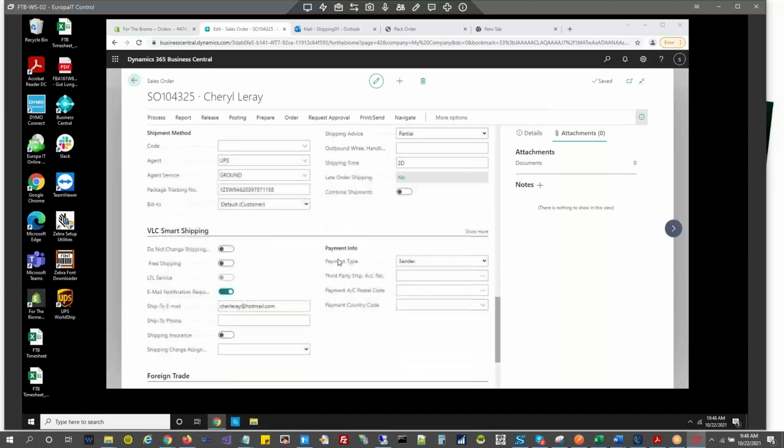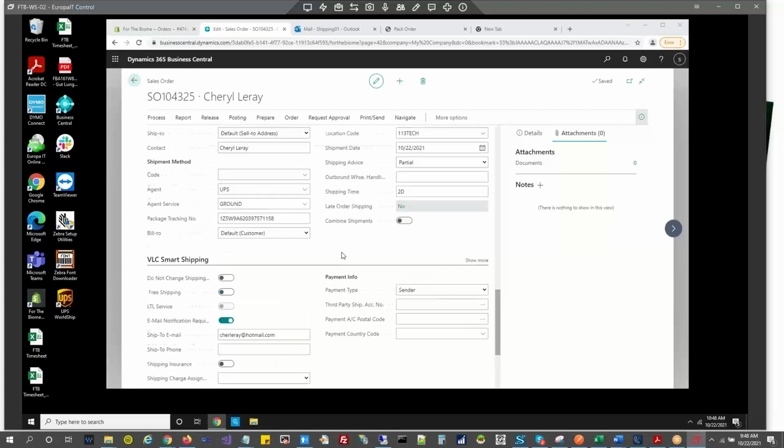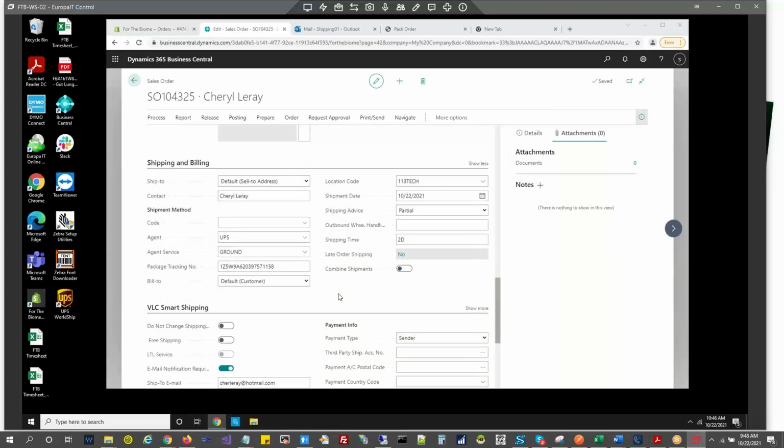And it would update the shipping date and the posting date to be whatever day it's actually shipping, not whatever day it came in, right? The shipment date will not be written back. It pulls from Business Central to the shipping application. Only a few fields are returned back to Business Central: the agent code, agent service code, and the tracking number.